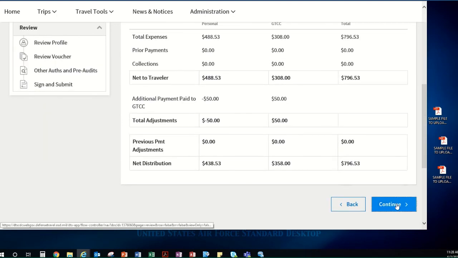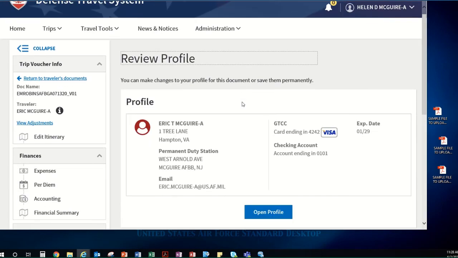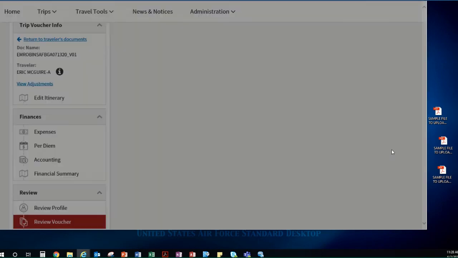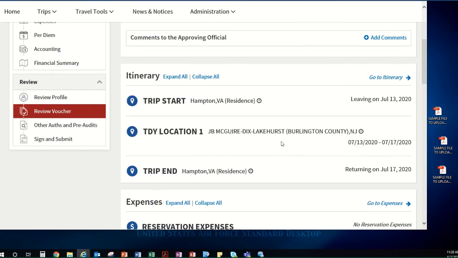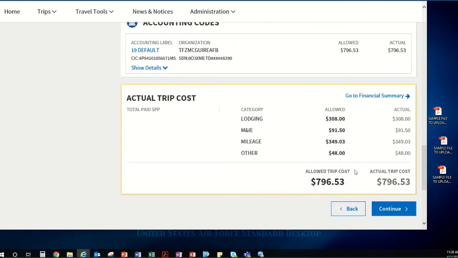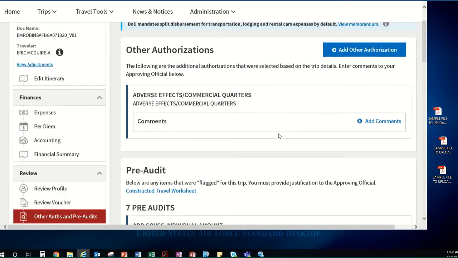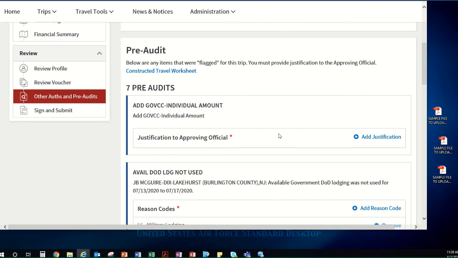So it did change. Now notice what happens when you make any kind of adjustment like that. You're going to go through again, continue, review the voucher. Again, it sends you here every time, and it sends you to the audit page. You cannot go directly to the sign screen without it going past these justifications. So now we have a new one. As soon as we made any kind of difference in this voucher, we got a new audit flag. You add it, government individual amount. So the justification,